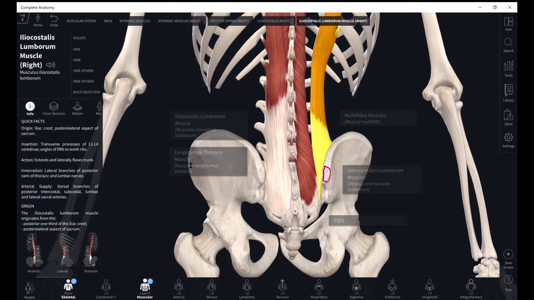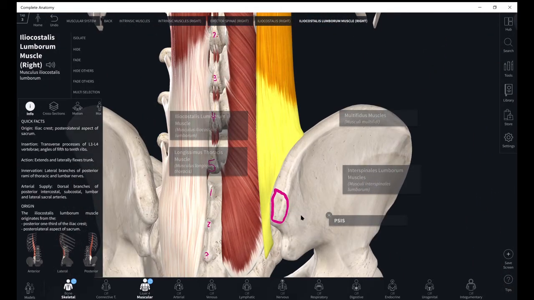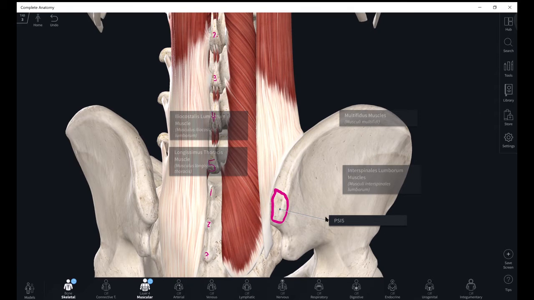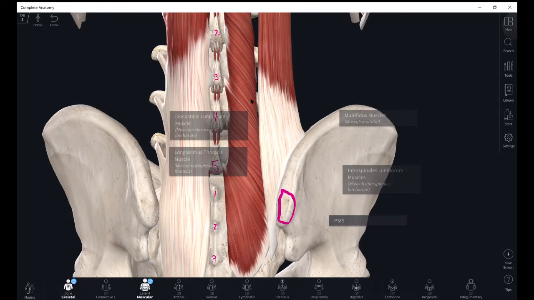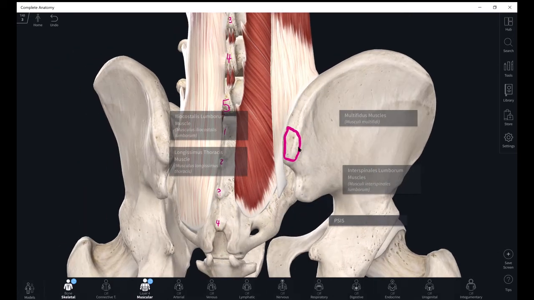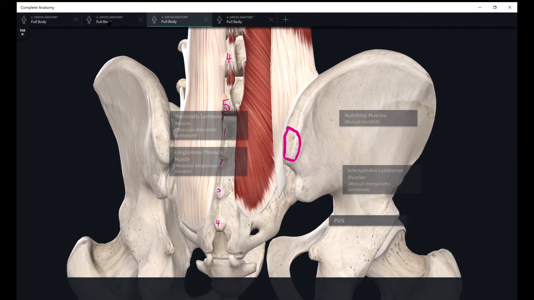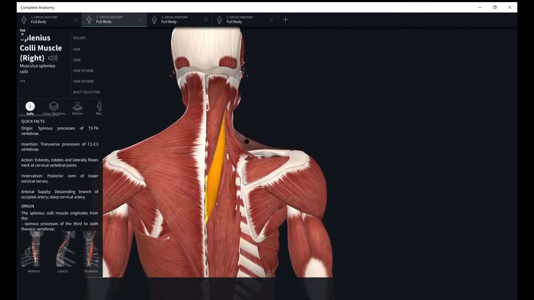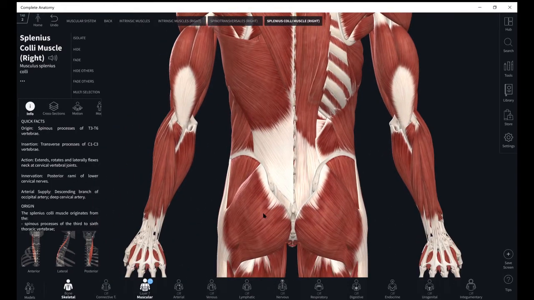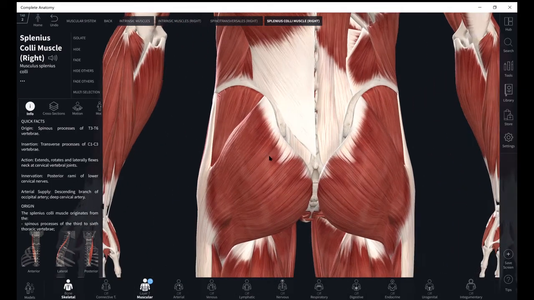So we also wanted to look at PSIS. So I include the PSIS primarily because anytime we're dealing with any pathology in this mid-lower lumbar spine, lumbosacral, lumbopelvic region, very frequently we see a lot of problems with tenderness right at the PSIS. Let me come back to my full body here. Again, nothing really attaches onto the PSIS itself, but if we take a look at everything around it that does,